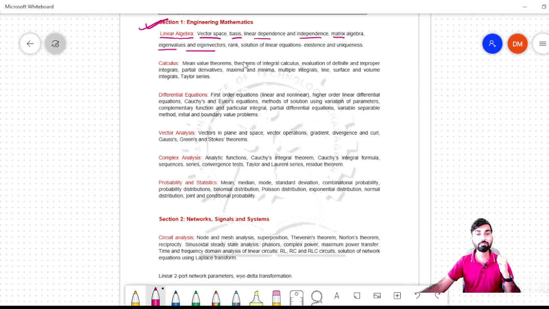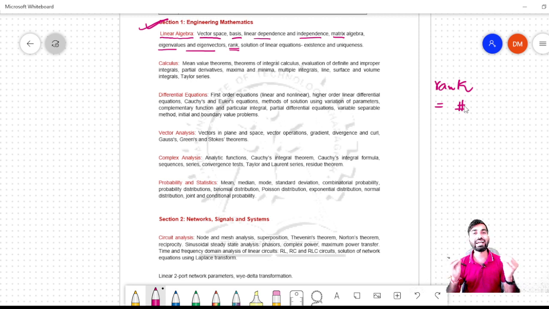And what is the importance of the rank of a matrix? Already I have told you in the session that rank of a matrix is basically the number of pivot variables, right? Pivot columns, right? So in linear algebra, all the time you will go for the solution of a system of linear equations, right? So how can you get the solution of a system of linear equations? You have to always use the elimination process.